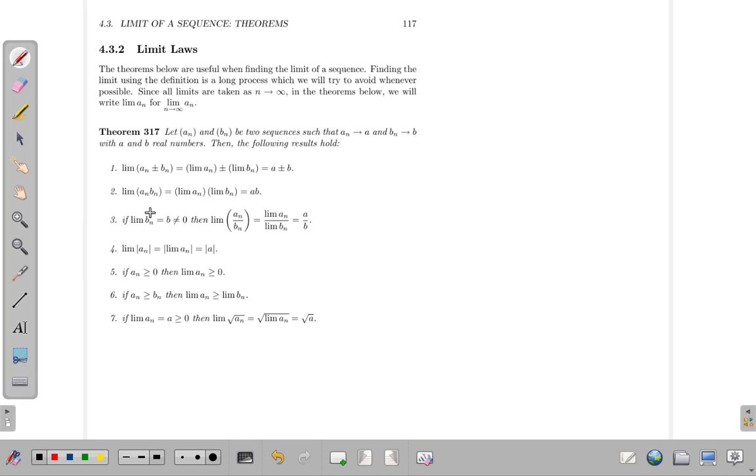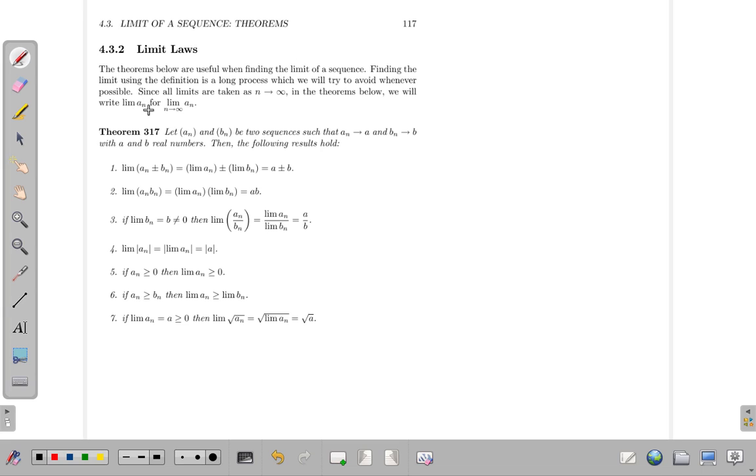Let's look at the limit theorems. I copied this from a document that I linked to in the description of this video. Here you have 7 results which we're going to look at. Remember, it says since all limits are taken as n tends to infinity, everything here has n tending towards infinity. In the theorems below we will write